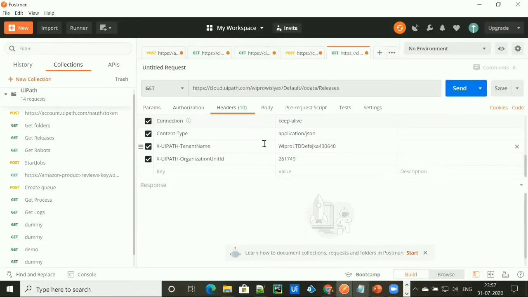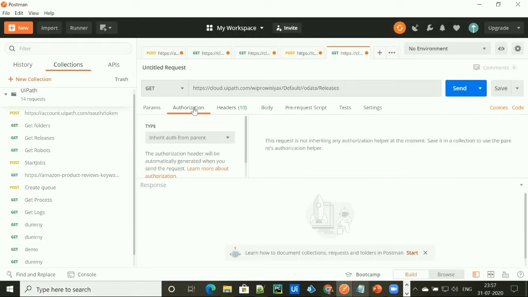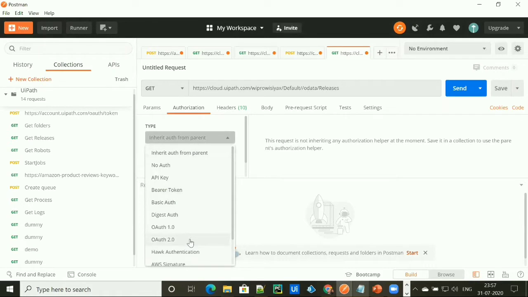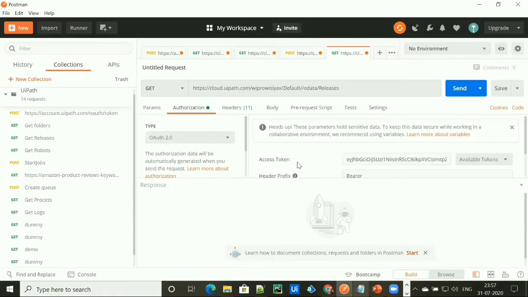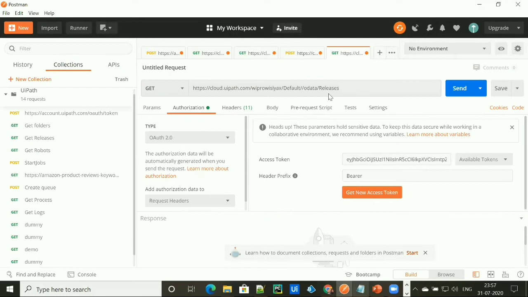So we have entered all the headers, and now to authorize, we just need to select OAuth 2.0, and it will automatically take the token that we have created using the authenticate request API, and we are good to go.